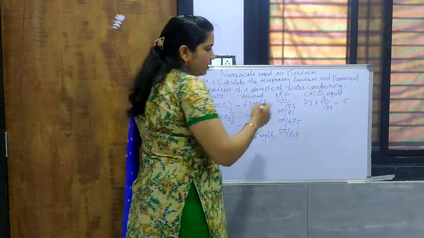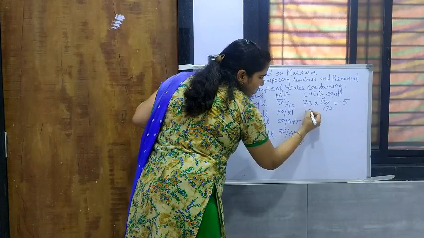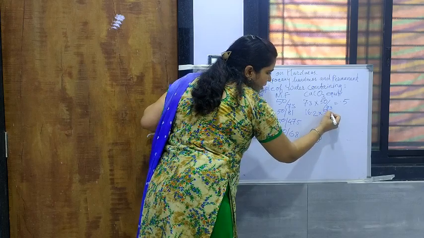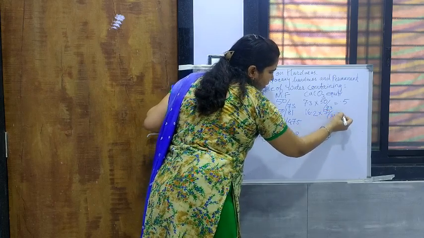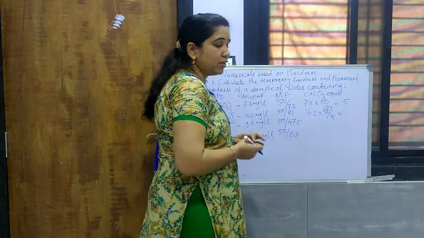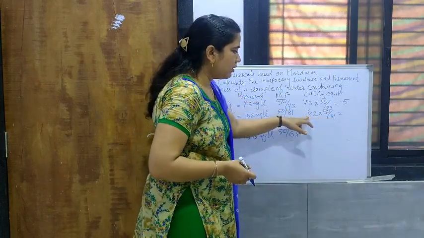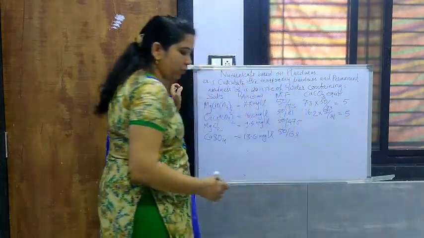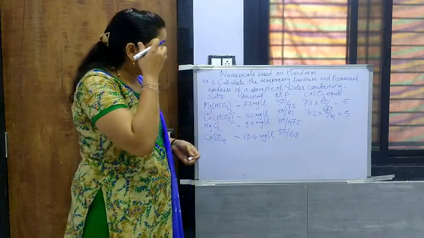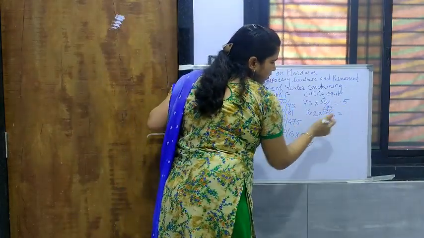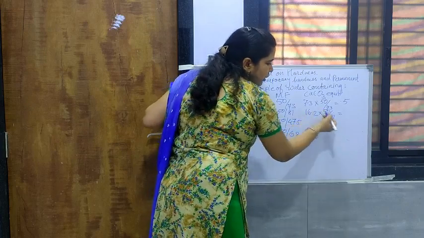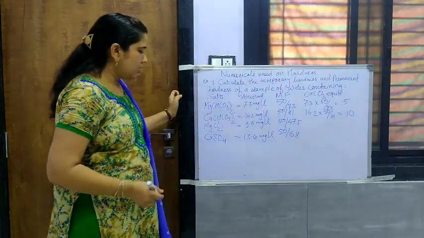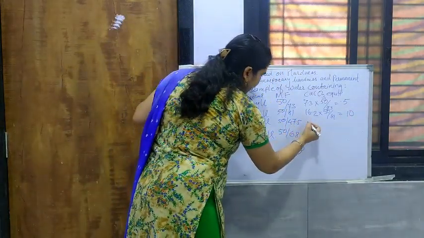Then CaHCO3 by 2, the value which is given is 16.2, and the multiplication factor is 50 upon 81, as calculated. So here also there is a direct division, simply 81 into 2, that is 162. So 2 into 50, that is 100, and with the decimal point, the value here is 10.